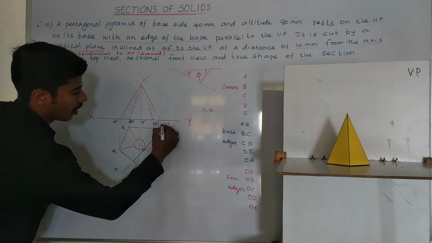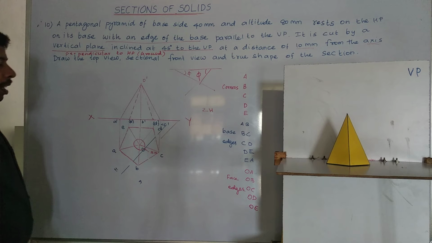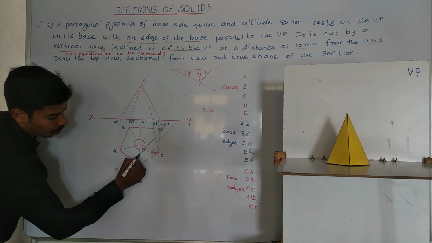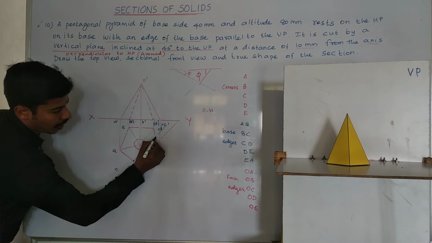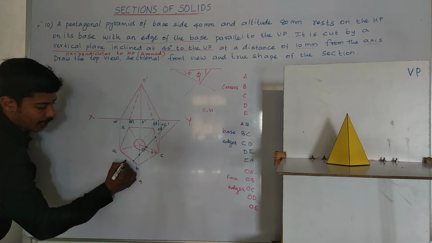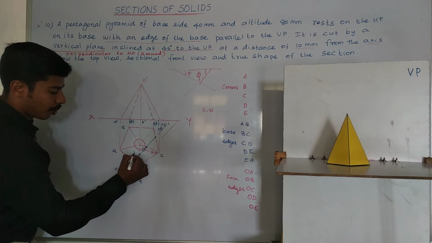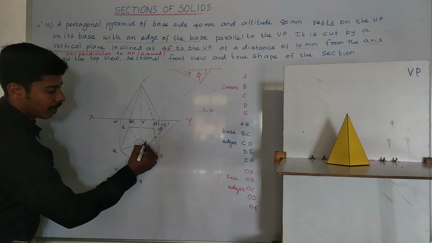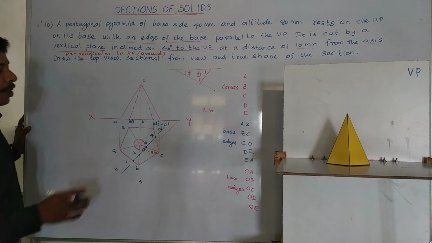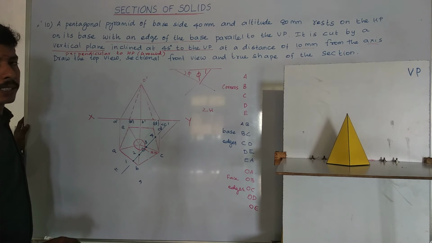Horizontal trace. So this is the edge. Then sectioning happening here at 2, 3 and 4. So this point is in AB, so I can write it as 1. This point is in OB, 2. This is in OC, 3. This is in BC, this is 4. So at 4 points sectioning happens.